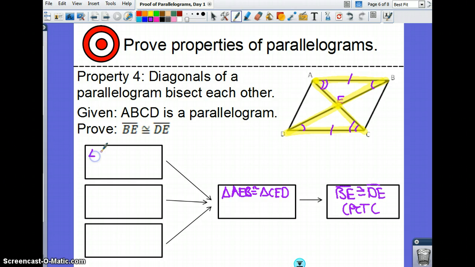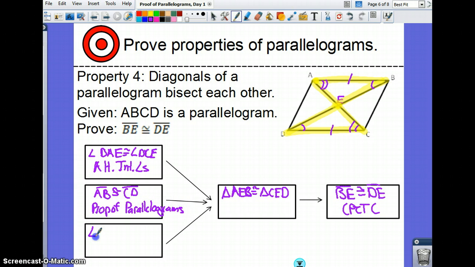So angle BAE is congruent to angle DCE. Those are alternate interior angles. And then I'm going to say AB is congruent to CD. And this would be by the properties of parallelograms. And then the last one is another pair of angles. So angle ABE